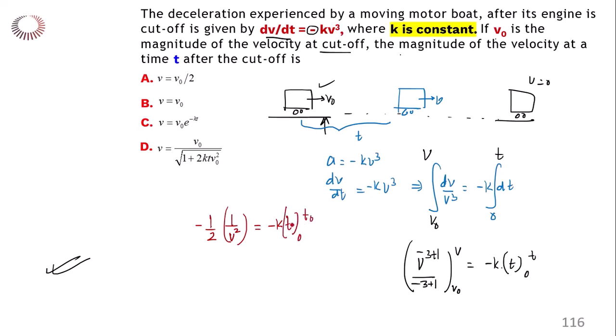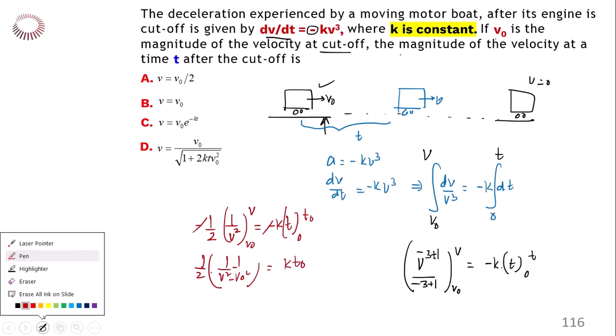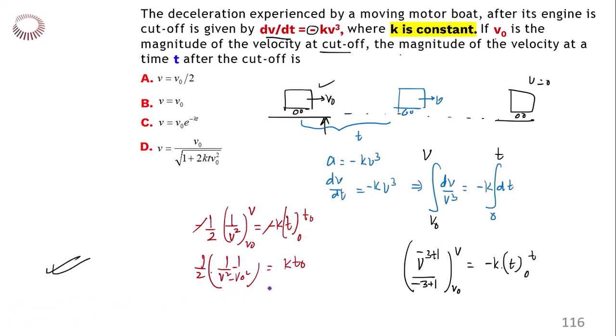With limits 0 to t naught and v naught to v. So now the negative signs will cancel out. If I put the values, half into 1 by v square minus 1 by v naught square should equal k into t naught. Now I can simplify to get the value of v. So 1 by v square minus 1 by v naught square equals 2 k t naught, or 1 by v square equals 1 by v naught square plus 2 k t naught, or